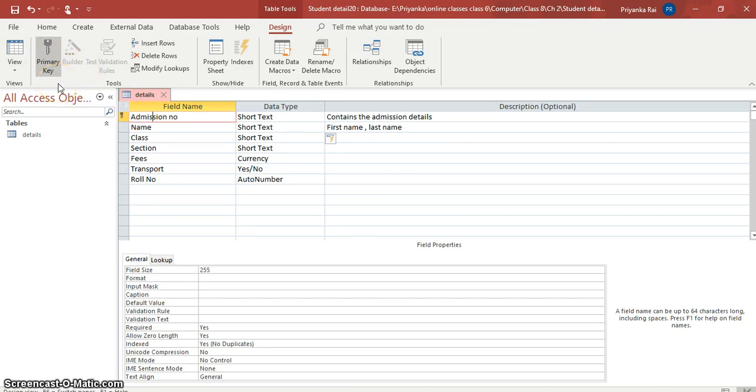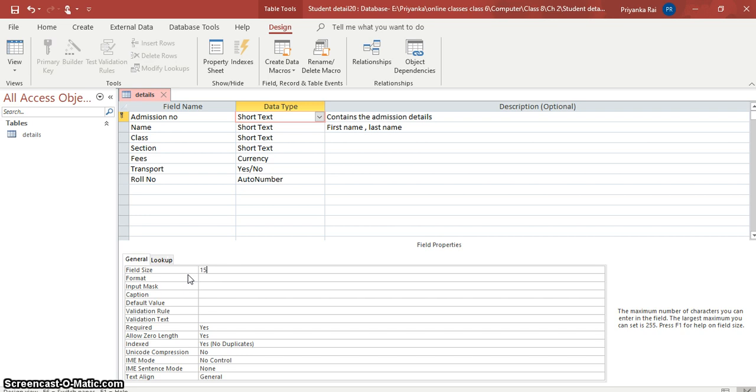Now let us see how can we change the field size. So first of all, we can change field size in number type and text type only. Rest of the data types, they are already predefined, so we cannot change the field size. So as you can see here, this is short text. I have told that for text field data type, the field size is 255 characters. You cannot type more than 255 characters, but you can change this.